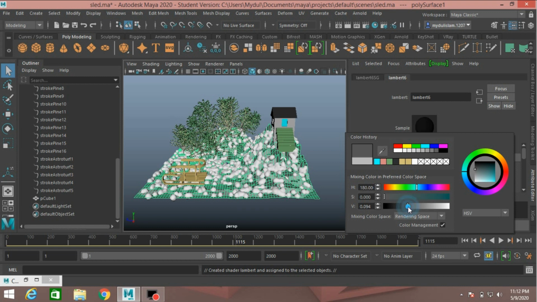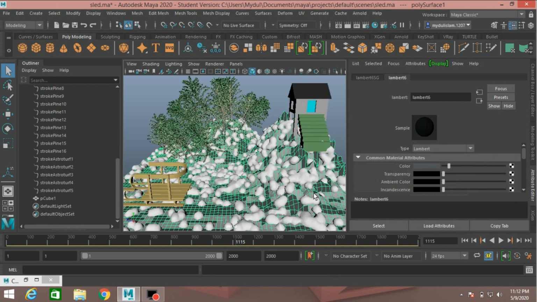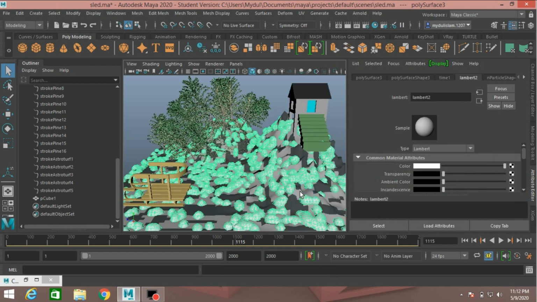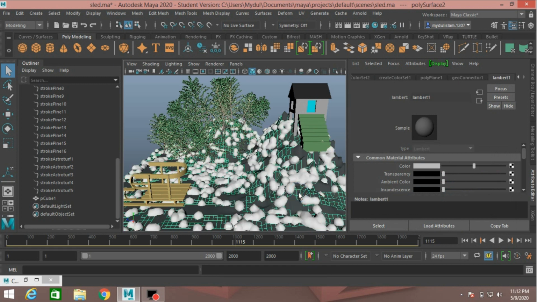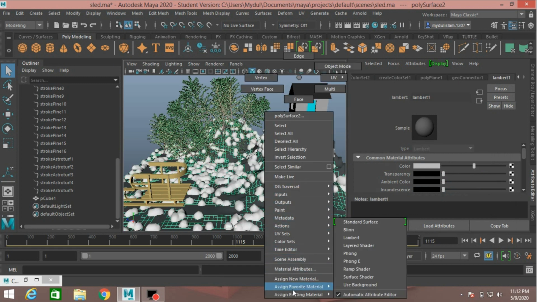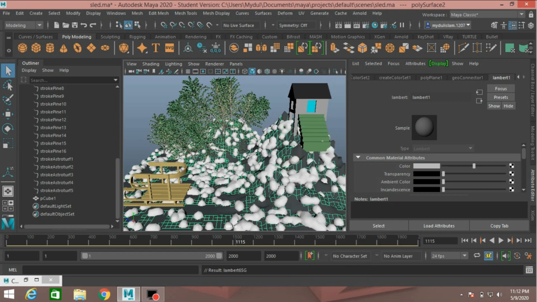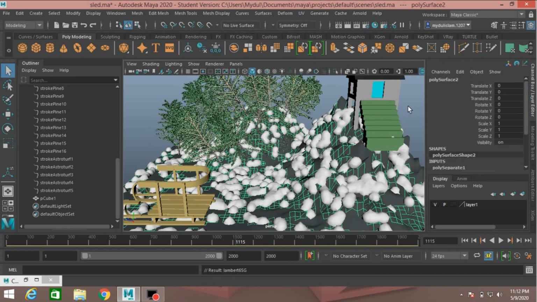I make it gray. This is Lambert 6, gray just like this, and also select the main plane, right click, assign existing material Lambert 6, channel box.